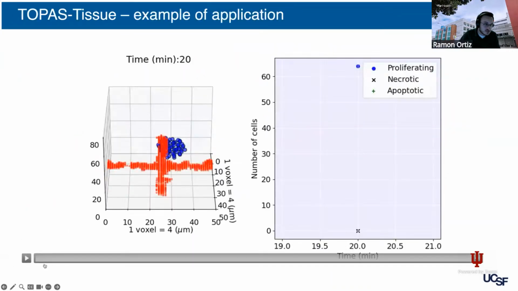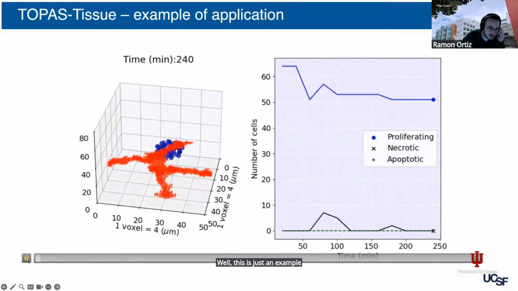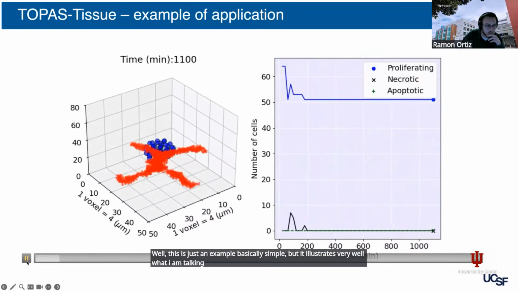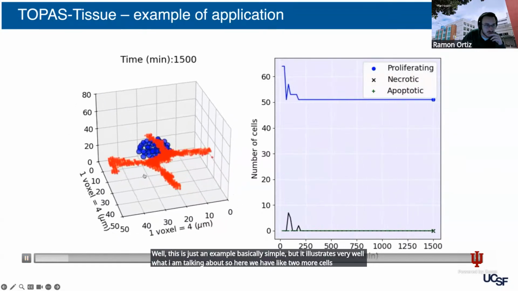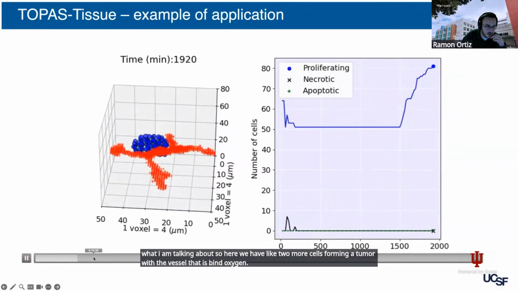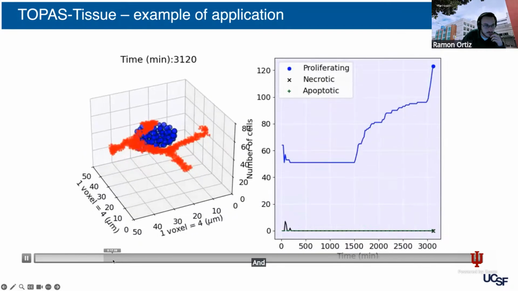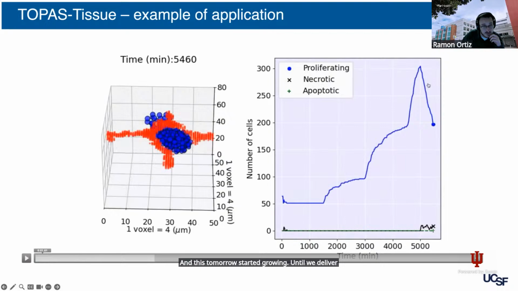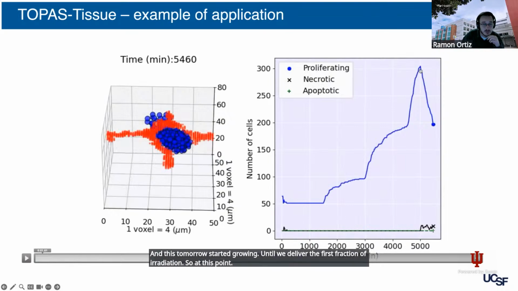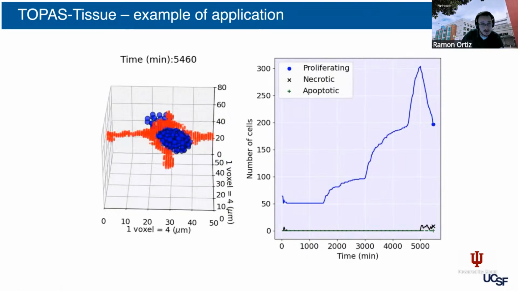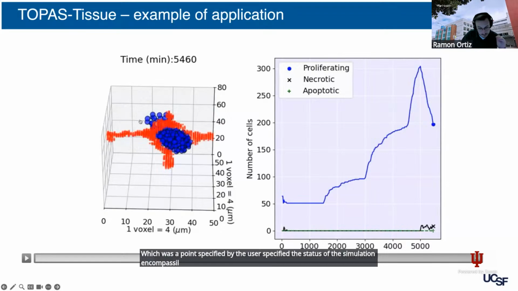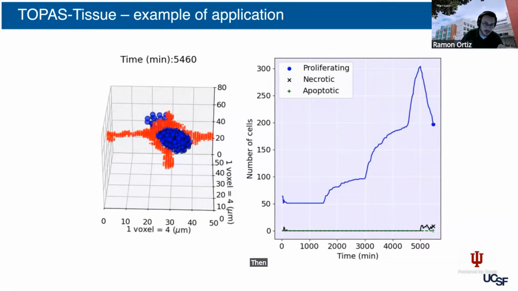Well, this is just an example. It's a basic example, but it illustrates very well what I am talking about. So here we have tumor cells forming a tumor with a vessel that is supplying oxygen. And this tumor starts growing until we deliver the first fraction of irradiation. At this point, which was specified by the user, the status of the simulation in Computational was transferred to TOPAS. Then we perform an irradiation,